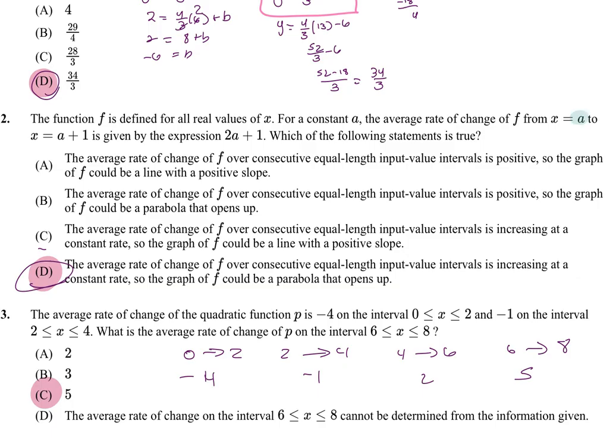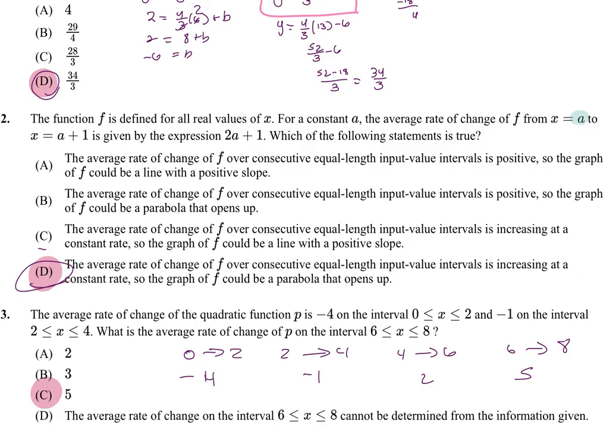So in my increments, in my x values, are my x values getting bigger, are they getting smaller? If I go from a to a plus 1, bigger. So my input values are increasing, right? And that's important because if I did my rate of change and I did second minus first of my x values, I know I'm going up by 1. If that said a minus 1, now my x values are decreasing. Does that make sense? Okay, so it's not giving you specific values, which means you have to understand the logic